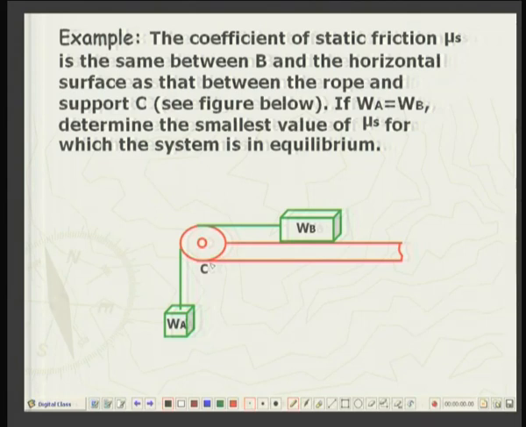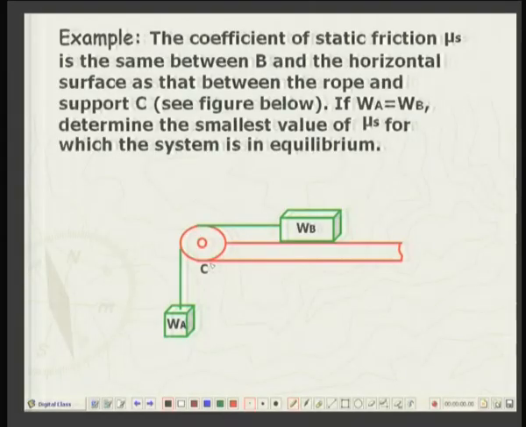Okay. So we have to find out that coefficient of friction which will be able to just maintain equilibrium, that is, it will be the case of impending slip. That's very essential to note down when the slip is likely to take place. Okay. That's the critical case, and anything beyond that, the slip will actually take place. So let's have a look at the free body diagrams.